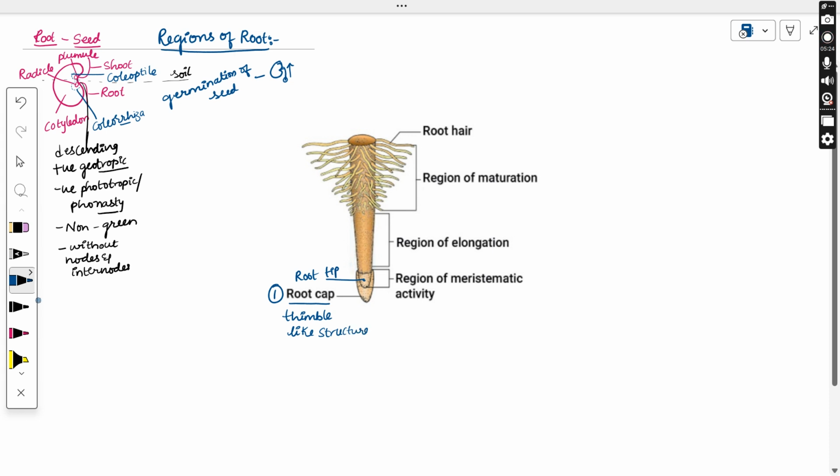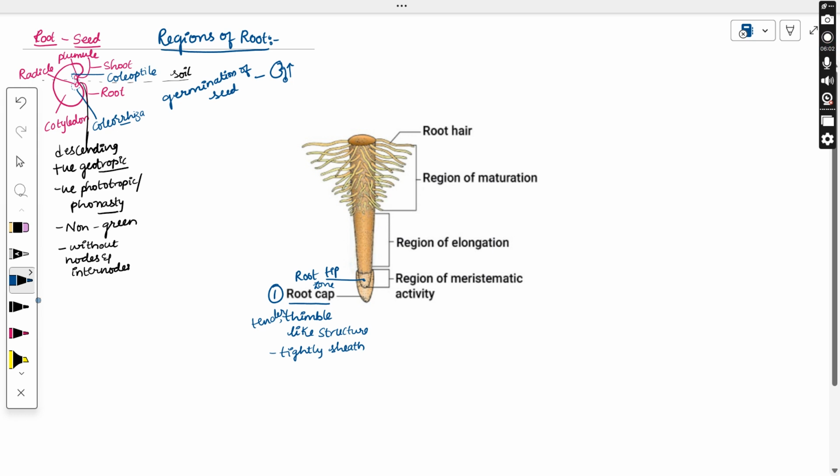that is the root tip, has to be protected. So how is this thimble structure protected? It is protected by the root cap. This root cap is just like a cap-like structure which protects the tender thimble-like structure, that is the root tip. So this zone comes under the root cap zone or the root tip zone. You can call it a root tip zone or the root cap zone. And this root cap is tightly attached to the root tip. These are tightly present sheaths which cover the root tip.